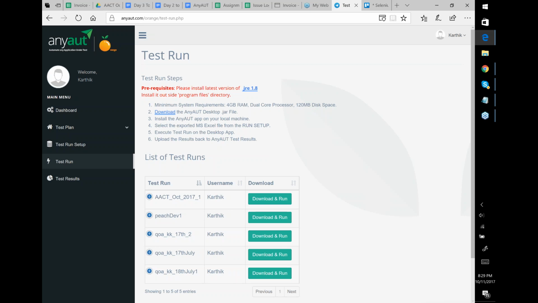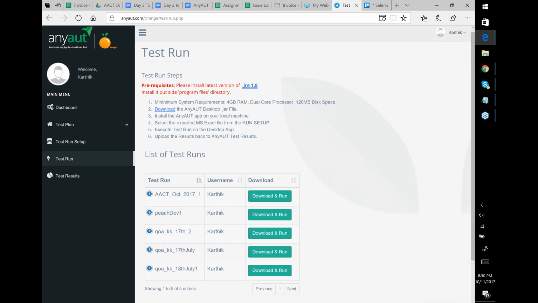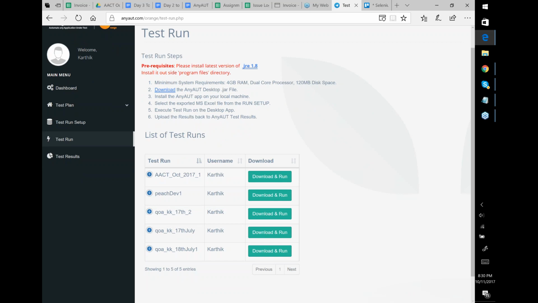This was mentioned in red for us, because we need authorization to do executions, especially when anything is being done on the machine. The system will try and restrict it and try and protect the machine as much as we can. So the ACT October 2017 is created here. So before I am able to do anything with that, like download and run, I need to follow this. First, the minimum system requirements as you see it. Next is this download the AUT desktop jar